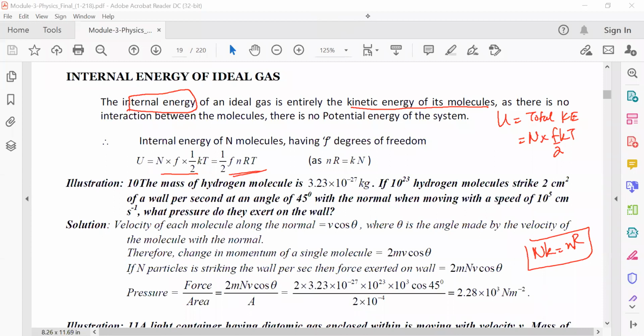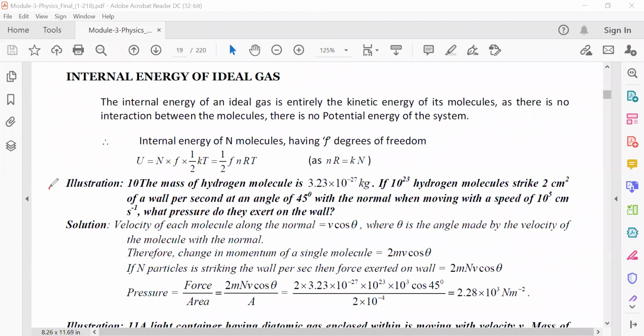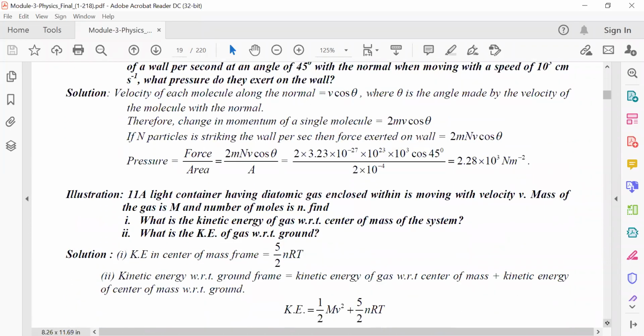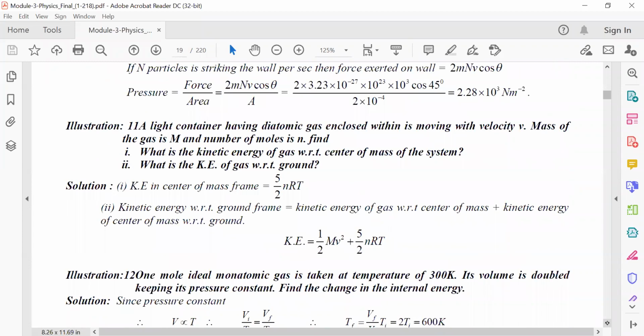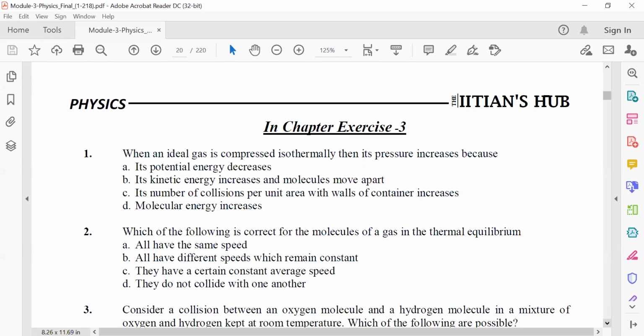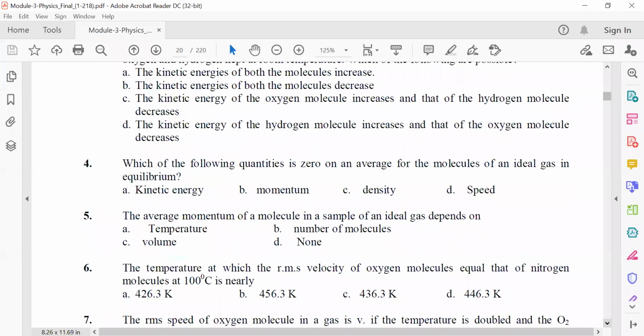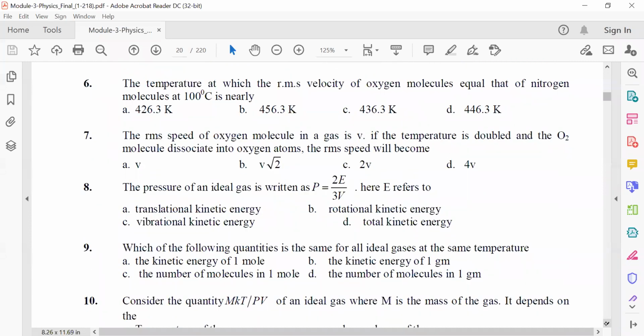Okay, good. All right, let's move on. So equipartition of energy, then after that, that completes kinetic theory of gases. So all these solved examples you can go through, along with the questions that we have done in class. So you can go through these illustrated examples and then in chapter exercise 3. So what you do is in your module now, you prepare up to in chapter exercise 3. And then I'm also giving you a list of questions to do from HC Verma.